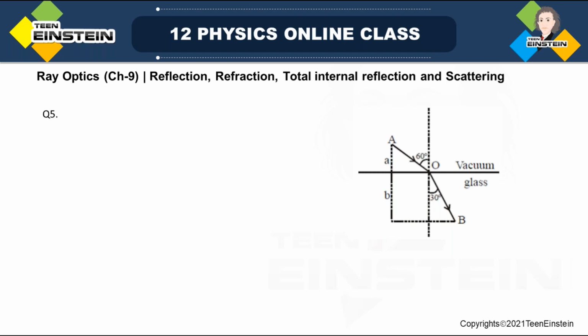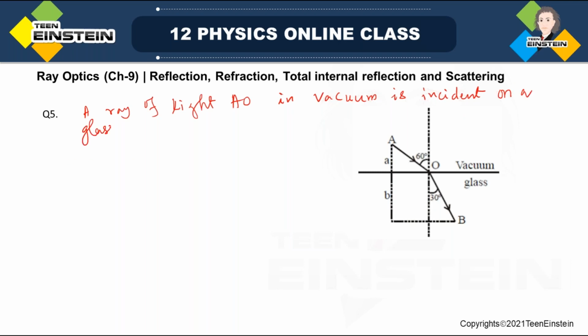I have to write down this problem. Let us write it down. A ray, I have just given the figure here. A ray of light AO in vacuum is incident on a glass slab at angle 60 degree